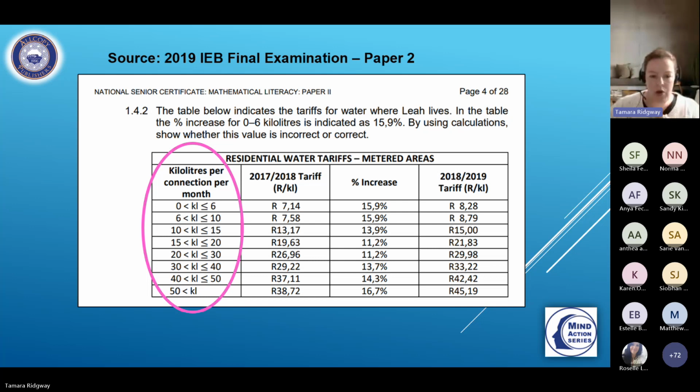And so if I were to work out any of these tariffs, I would go 6 minus 0, and that first one would just be 6. And 10 minus 6, 4 kiloliters at these rates, and 5 kiloliters at these rates, and 5 kiloliters and 10 kiloliters. So yes, inequalities are worth mentioning to your students because they are part of